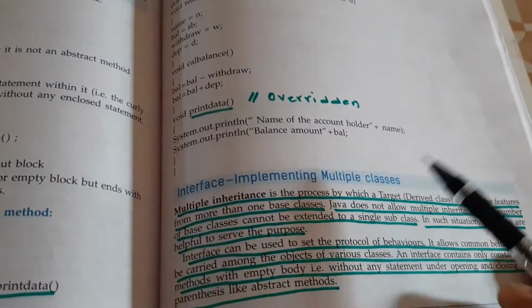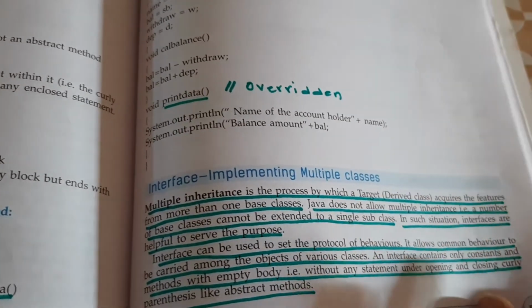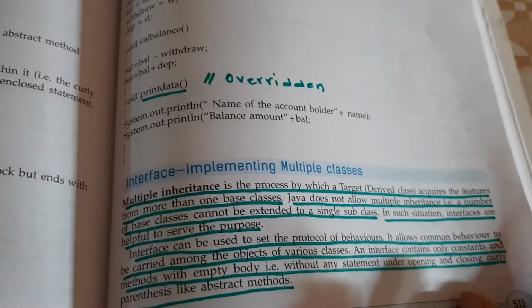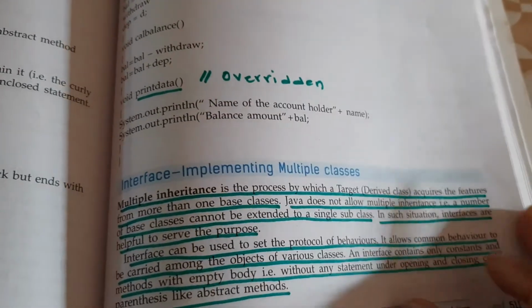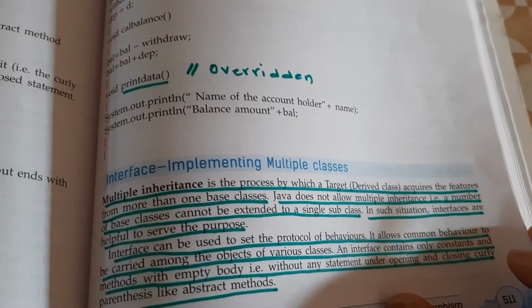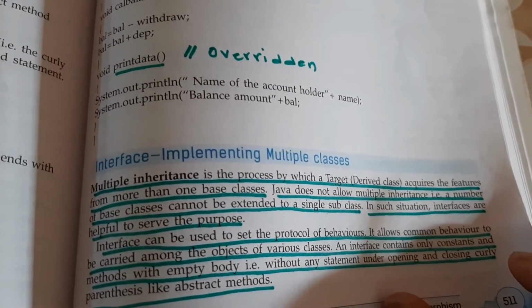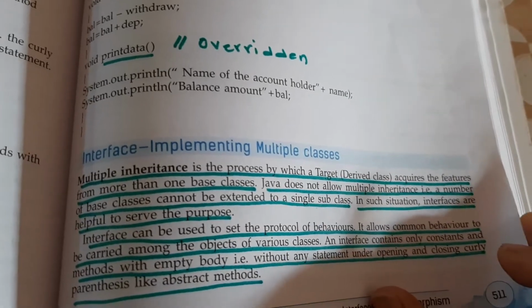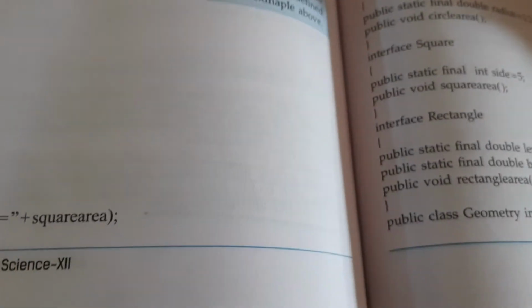Next is multiple interfaces. Now, what is the purpose of this? In Java, usually multiple inheritance is not allowed. But with the help of interfaces we can share some behaviors of the classes with each other. Let us see directly the example given here; it will be easier for you to understand how exactly we are doing it.